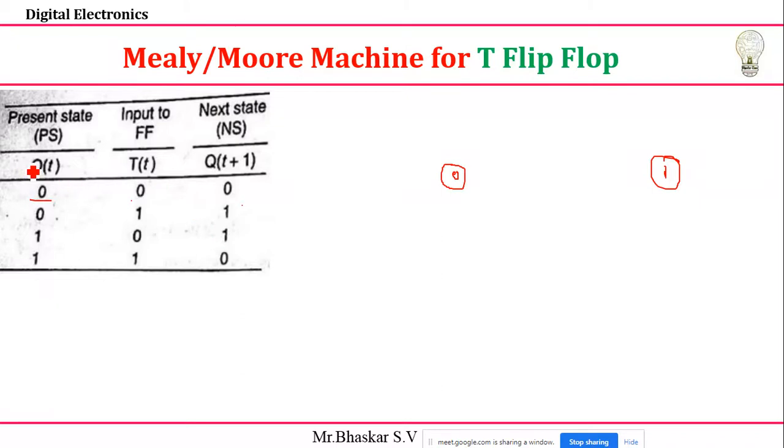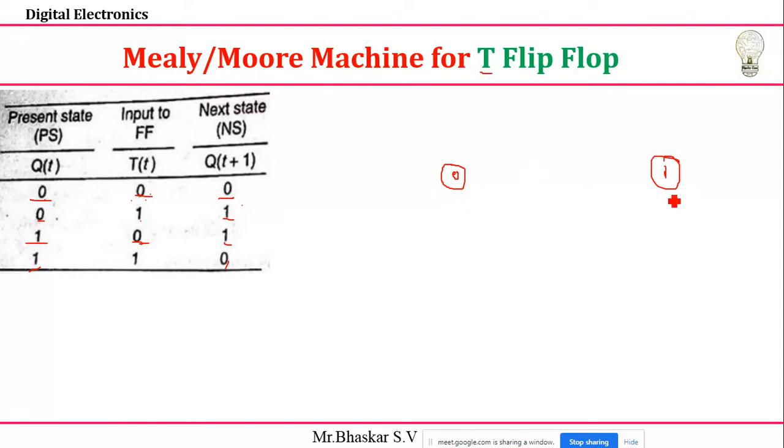See how we are getting this table. This is the present state. Present state I get 0011. Next, the inputs taken are 0101. See, in a toggle flip-flop or T flip-flop, if T value is 0, no change. If present state is 0, 0 only will get. If present state is 1, 1 only will get. When T value is 1, it will come to the toggling state. If the present state is 0, next state value is 1. If it is 1, next state value is 0. Okay, so the opposite way.